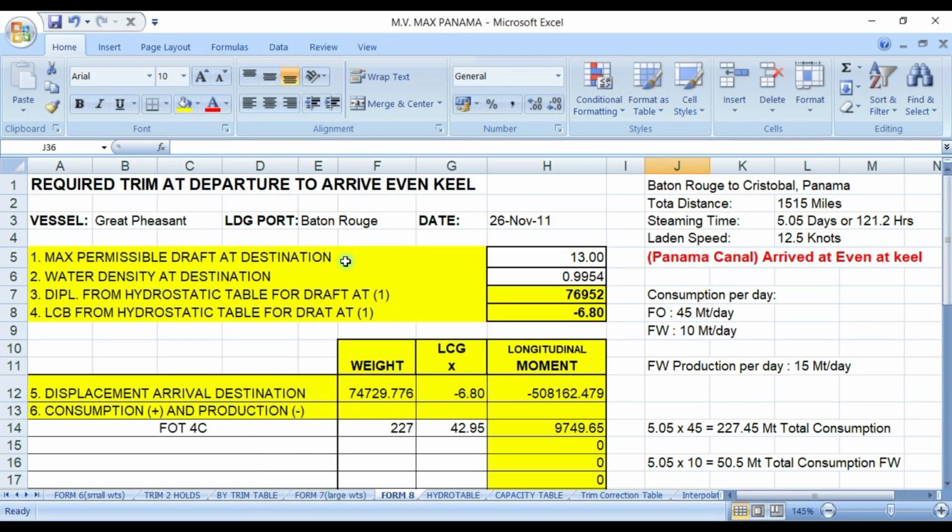Start guys. So what will be the required trim at departure to arrive Even Keel? Meaning departure at Baton Rouge, you're loading at Baton Rouge to arrive Even Keel at Panama. So you are to arrive at Panama at 13 meters, which is arrival Even Keel at Panama. And the distance from Baton Rouge to Cristobal, Panama is 1,515 miles,